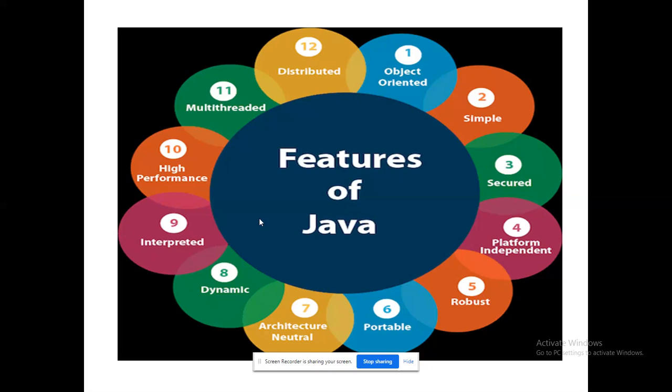Interpreted. The Java execution environment sticks to the JVM. Part of the JVM is the Java compiler as well as the Java interpreter. High performance. It is able to work with all high-end applications. We will see all these points as chapters in forthcoming units. Multi-threaded. Concurrent programming is possible. Parallel processing. Function 1 and function 2 available in the same method will run in parallel. Distributed processing. The emergence of cloud computing and grid computing could be possible from a basic Java application. It is ready to run on any environment. That is what the term distributed means.